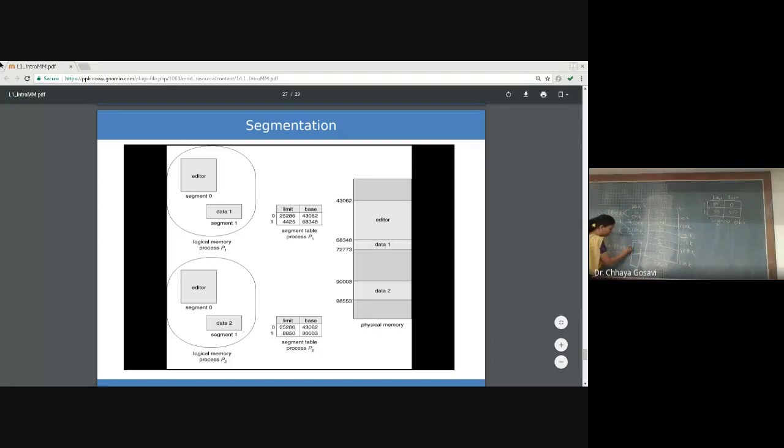I'm referring to the 0th segment, and I'm executing this line, which is at location 40, starting from the 0th location. So it is at line number 40. I'm executing this 40th line. So what is my logical address, segment number, and offset? 0 is my segment number, segment 0, and line number 40. Out of those 100 bytes, I am at the 40th byte to read this particular instruction. This is my logical address.